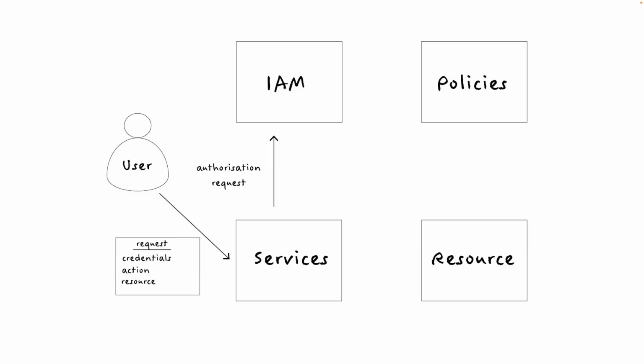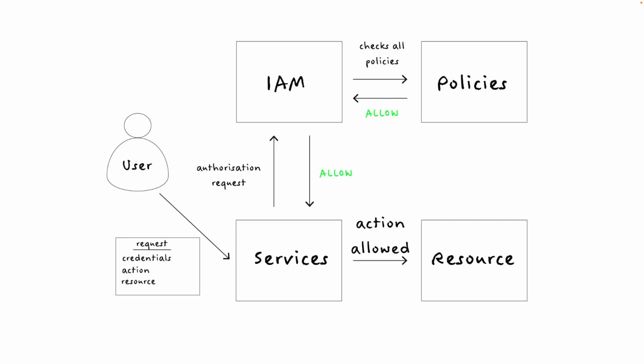To do this, the service will ask IAM to authorize the request. To determine whether the request should be authorized, IAM checks all the policies associated with the user. If the policies allow the request, IAM will notify the service that the request is authorized, and the service will